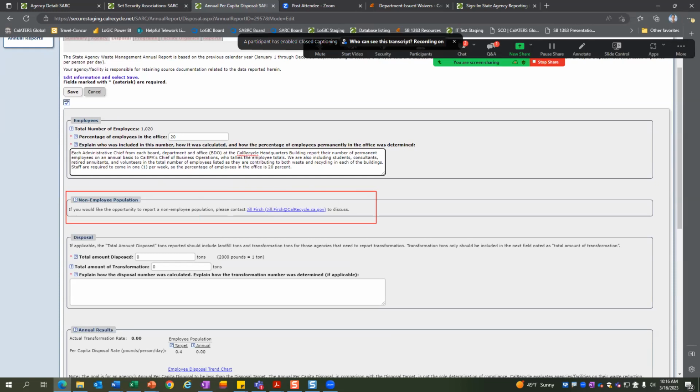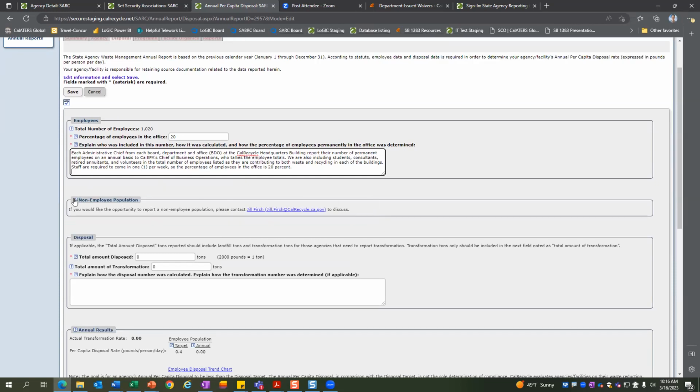This particular agency doesn't have a non-employee population, but that non-employee population is referring to students, visitors, inmates, residents, contractors, patients. For those of you that do have this active, I think you're aware of what to put in here. And this just helps us, again, to understand what kind of generation is occurring in your facility and if it makes sense based on the amount of people that are there.